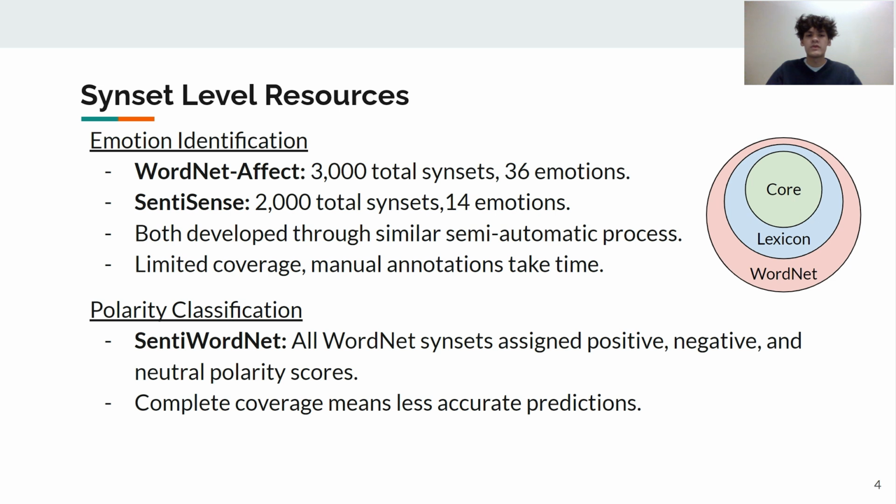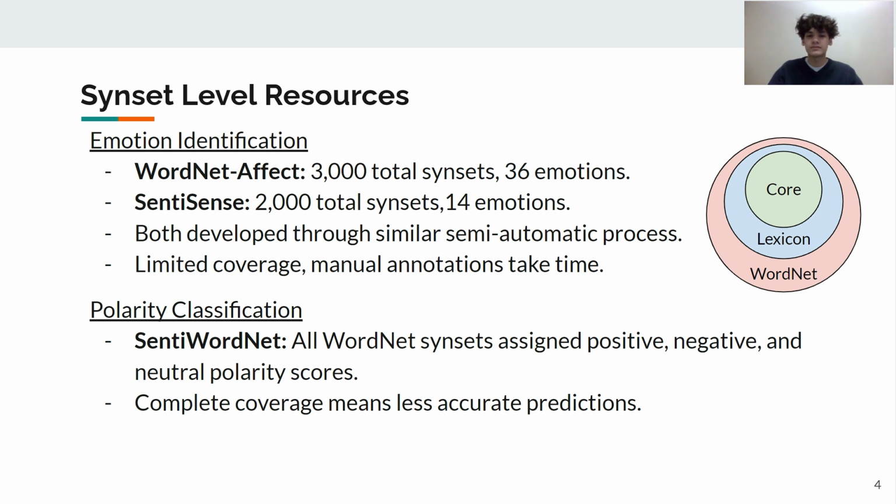Both of these resources were developed through a similar semi-automatic process, which involved first creating a core of manually annotated synsets through human annotators. This core was then automatically extended. However, these resources have very limited coverage, covering at most only 3,000 out of the total 117,000 WordNet synsets. And this is largely due to the fact that they rely on a manually annotated core